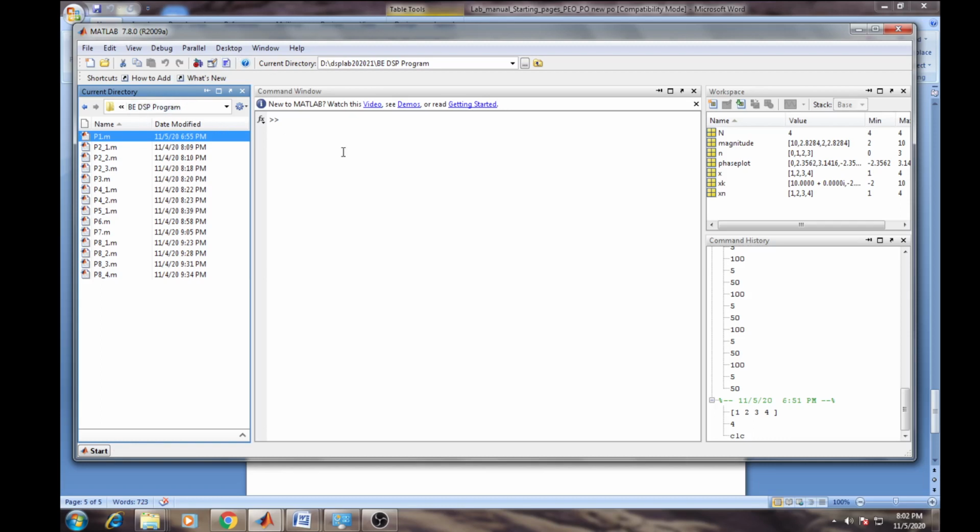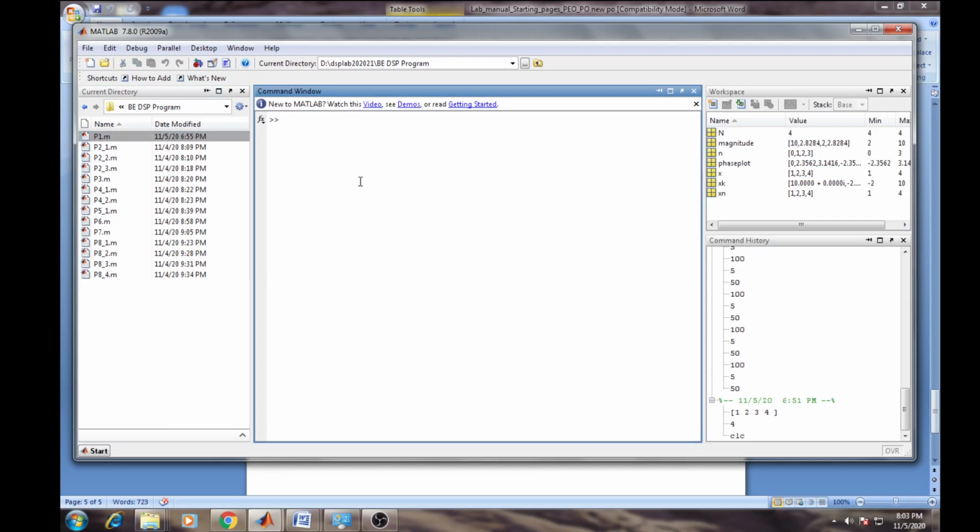Below that you can find a total of 4 screens. In those 4 screens, I am showing you the first one. Here is the current directory. In the current directory you will find the directory we have selected, where our programs are located. Here you can see p1, p2, p3 and so on. These are the program names, along with the modified date. Then very near to this there is the command window, in which you can type commands. Whatever command you type here gets executed at this command prompt.